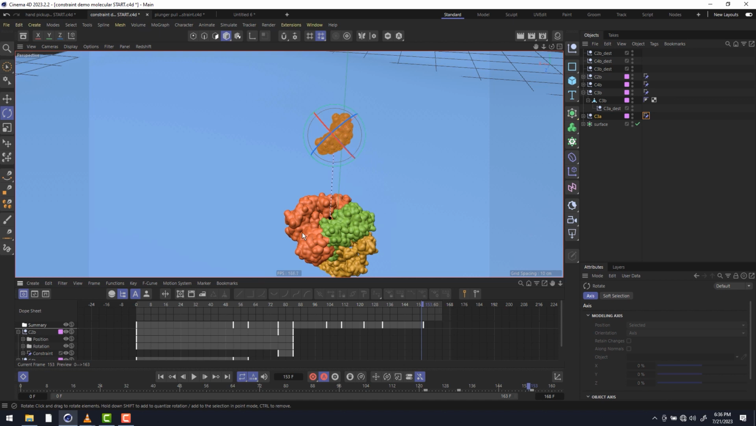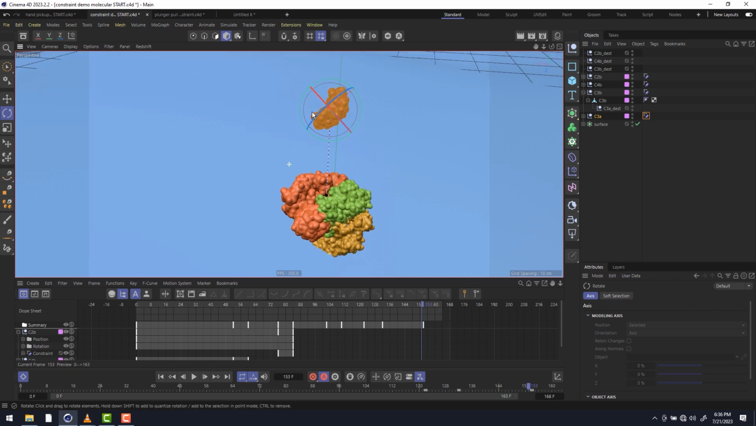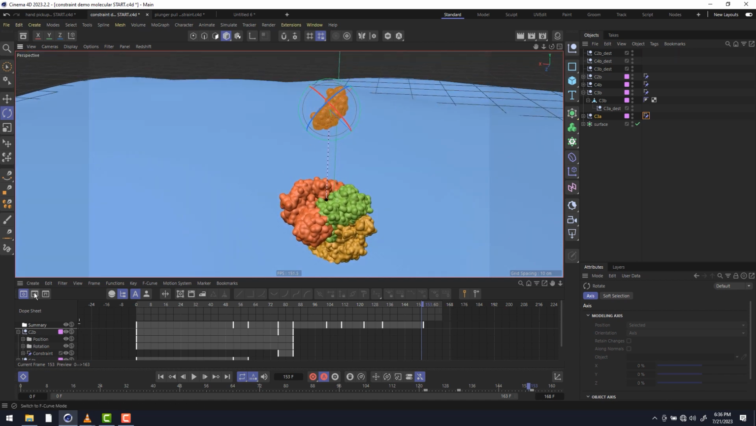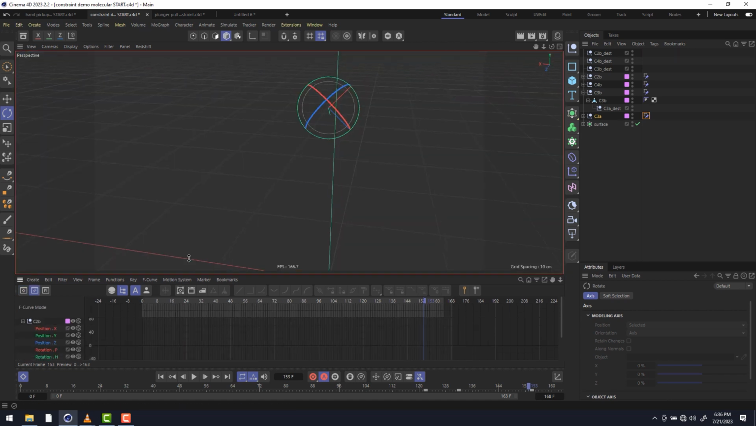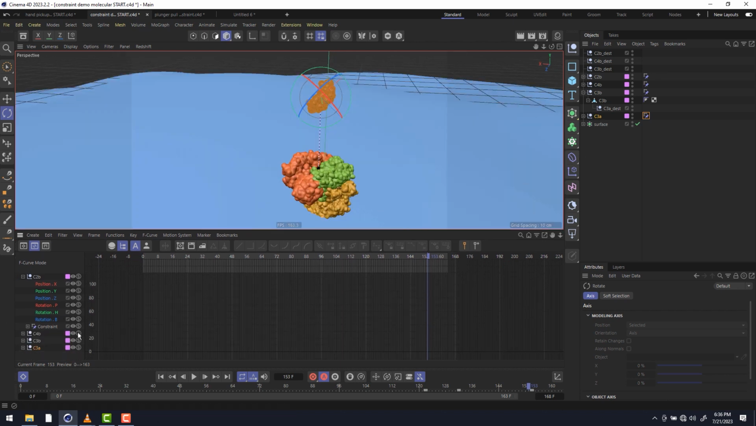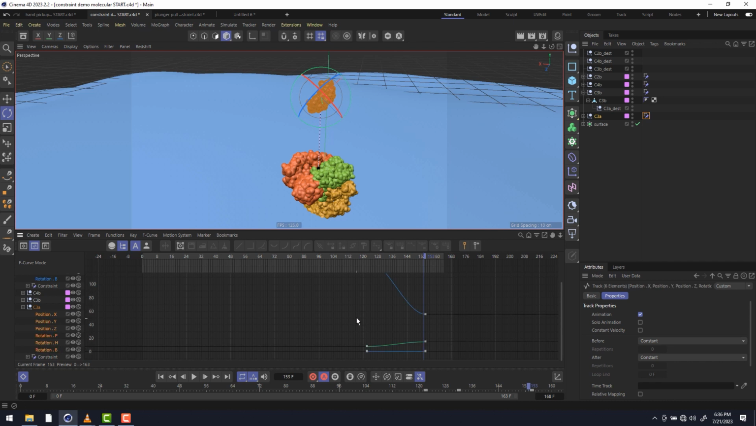The benefit comes in when you want to start finessing the F-curves. You know, easing things, accelerating, decelerating. So here, let's take a look at just this. We keyframe the position and rotation of the smaller molecule right here. And if I want to adjust the easing of the position and the rotation of that, as it